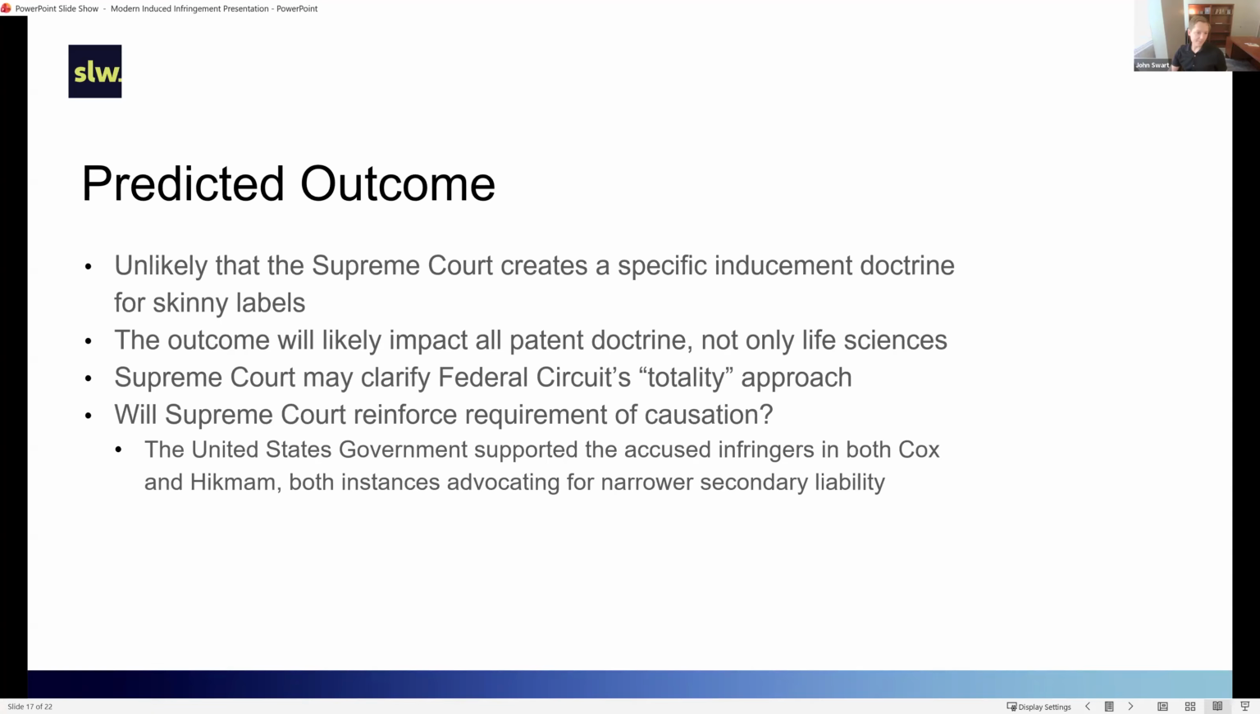The Supreme Court might clarify the Federal Circuit's totality approach in the GSK cases and the progeny of GSK cases, the string of Federal Circuit cases that weighed all the facts and determined, based on that fact finding, whether they thought that induced infringement had occurred,